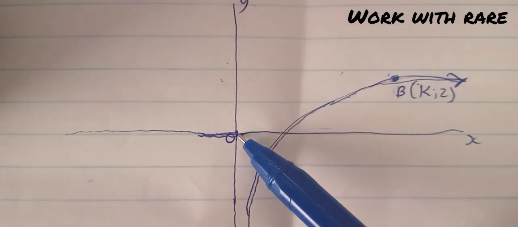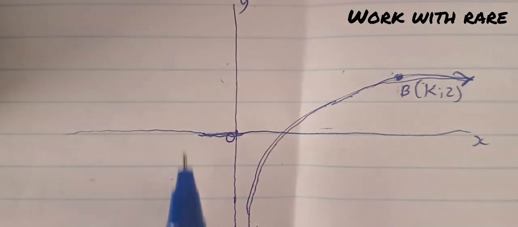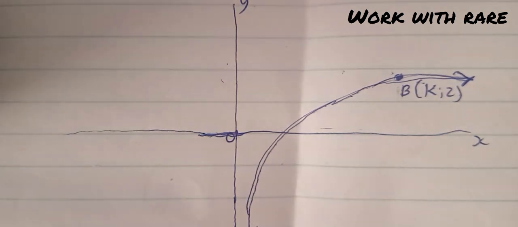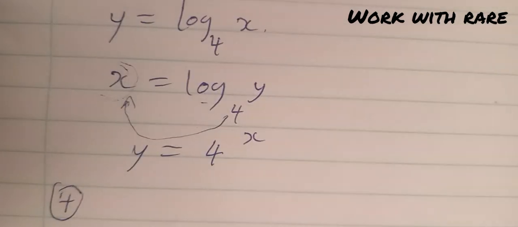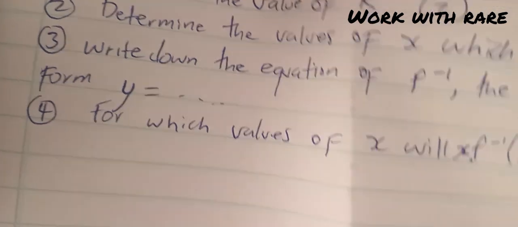But numbers before 0, numbers that will be here, are less than 0. So on this question, they want us to write down the values of x, which will be